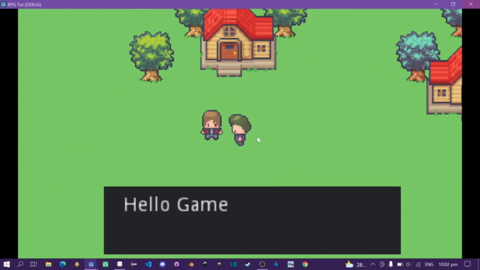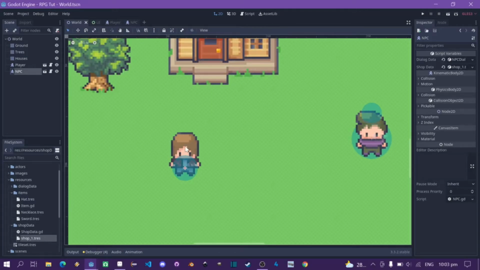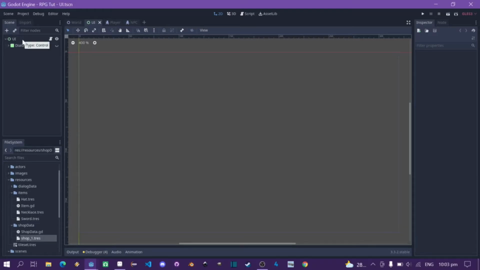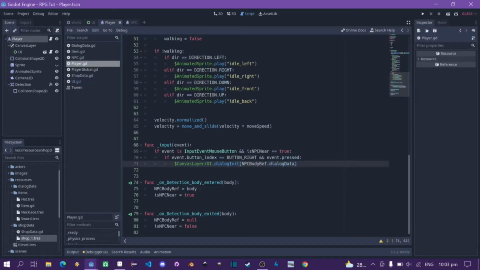Anyway, what I'm gonna do is if the player detects a shop NPC, I'm not going to show the dialog box. Instead, I'm gonna show the shop panel where I can see things that are in the shop, and I can actually buy them. So I'm gonna start with deleting this code right here, and then